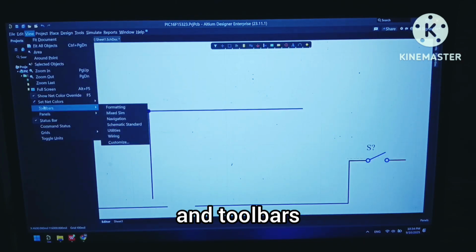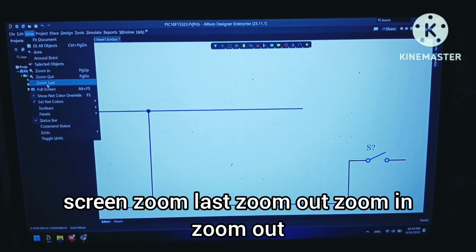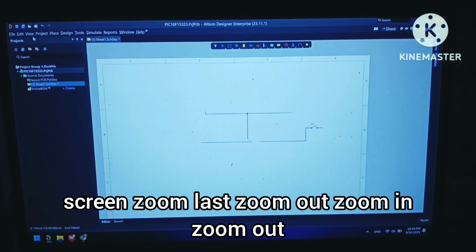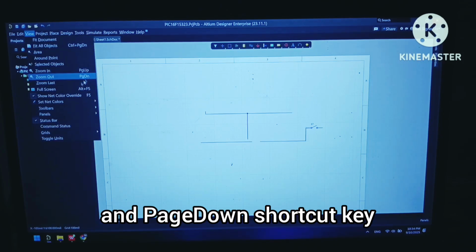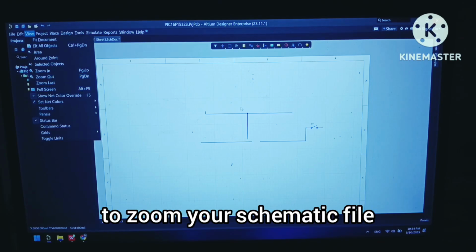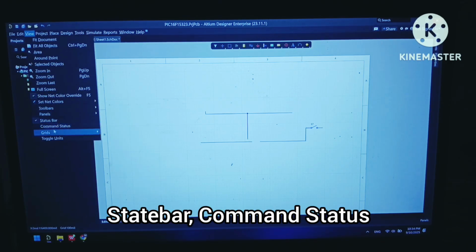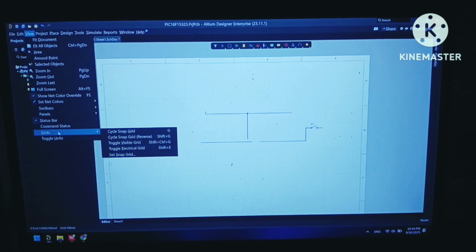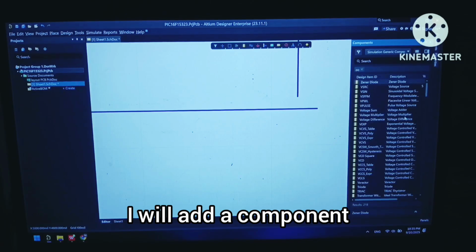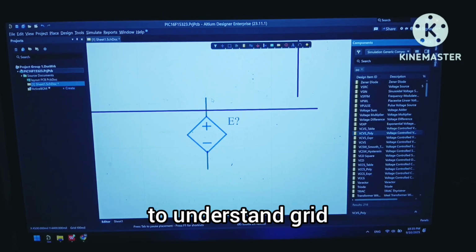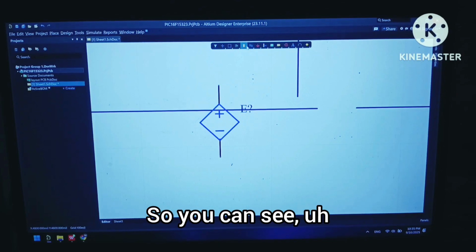And toolbars: set net colors, show net color override, full screen, zoom last, zoom out, zoom in. You can use the Page Up and Page Down shortcut keys to zoom your schematic file and PCB file also. Status bar commands: status, grids. This command is very important. I will add a component to understand grids.